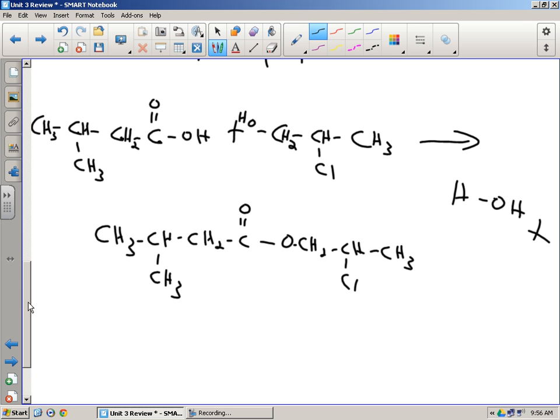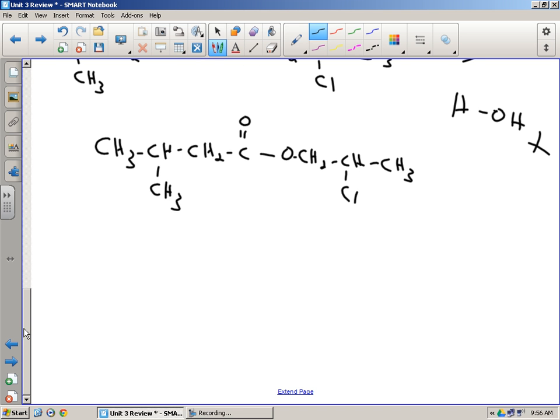And we should be good, just a matter of naming them. So remember, the first part is always the alcohol part, so that's this part right here. That's a bond there. That, remember, is carbon 1 here, always starts from that O. 2, so 2-chloro still, and that, of course, was propanol, now it's propyl. So we're going to go 2-chloro, propyl,